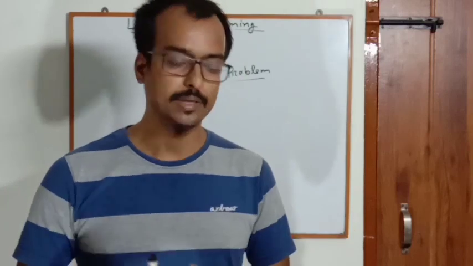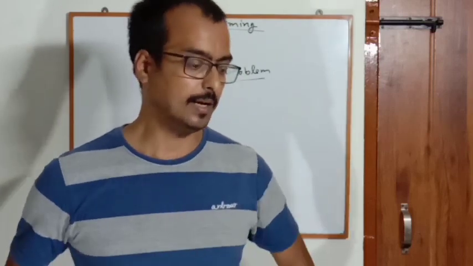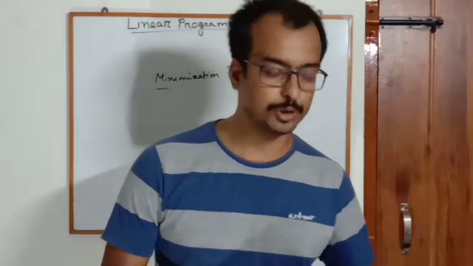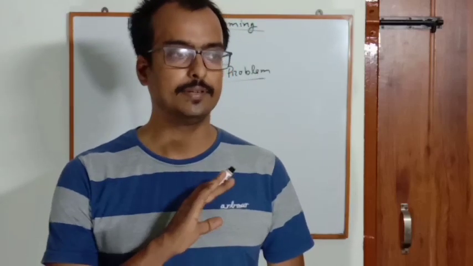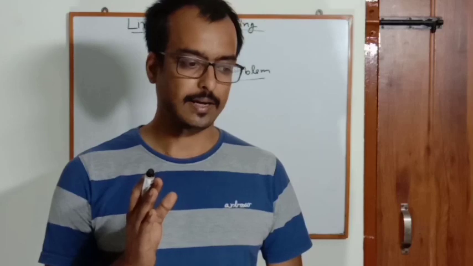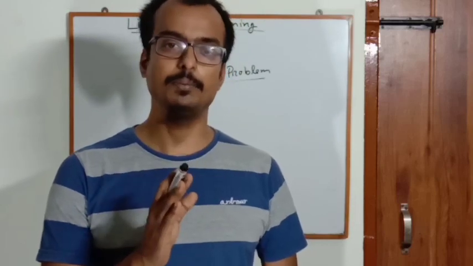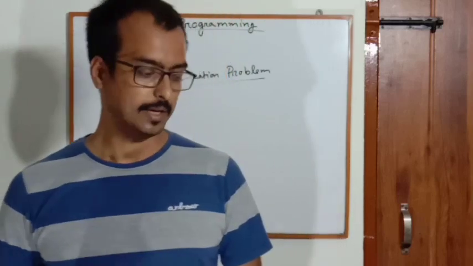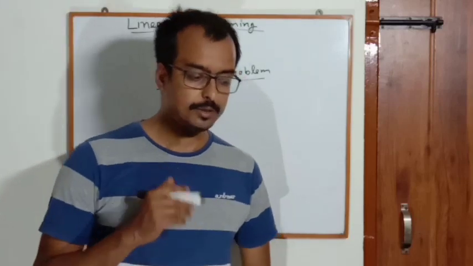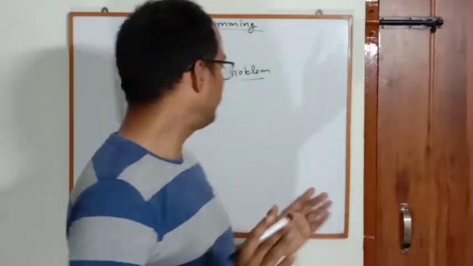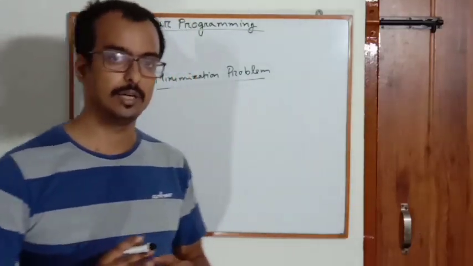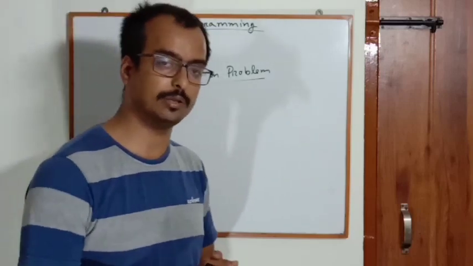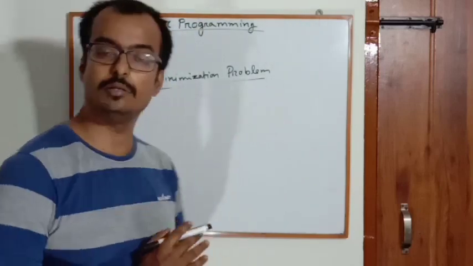In part 2 basically we have solved one problem in case of maximization with the help of graphical method, and in the end part of part 2 we have just introduced the general formulation to the problem of minimization. So today we'll be dealing with the minimization problem, how to solve it, of course, with the graphical method. We'll be watching this in today's class.